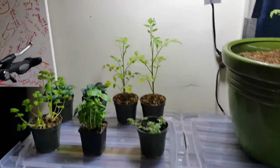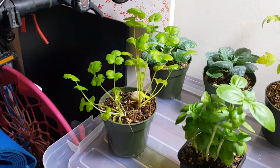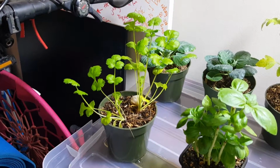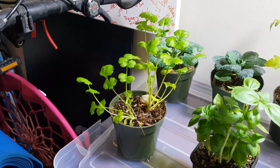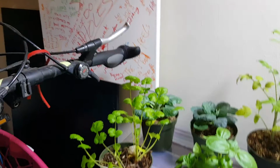So, these guys have been doing great. This is my little herb garden. Remember last time? Just the little strand that I planted? Well, it's kicking ass. A good way to drop your pH, if you want to water your plants and you can't really find fertilizer, is that tap water usually has some mineral traces. I mean, it's not amazing. It's not a fertilizer by any means,